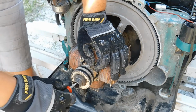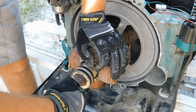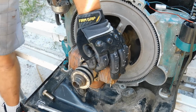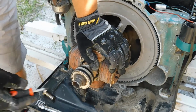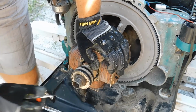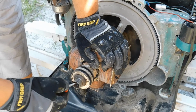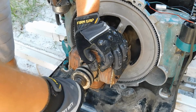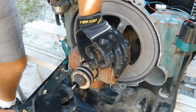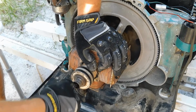Alright, I will be back now because I need to shorten it, it seems, as I have bottomed it out, and it's only like right there. So 10 inches might be a little too long in my application, because that is pretty tight. I cannot torque that any harder into the generator. So we will come right back after I take this out, grind it again, and then put another slit in it. Another note to think about while I am removing this is